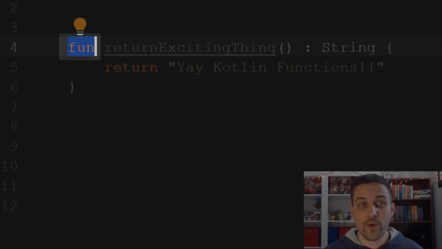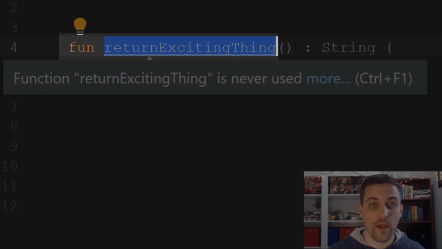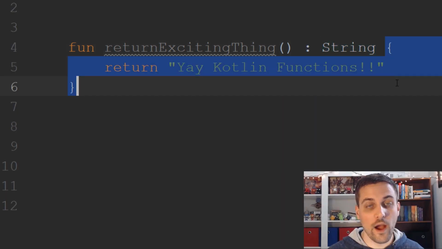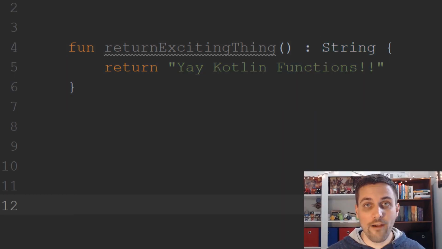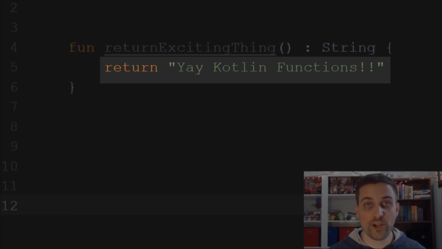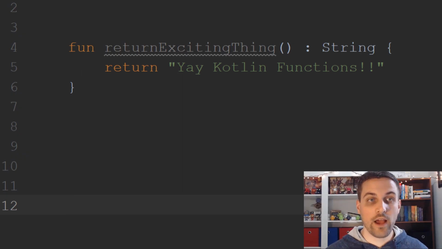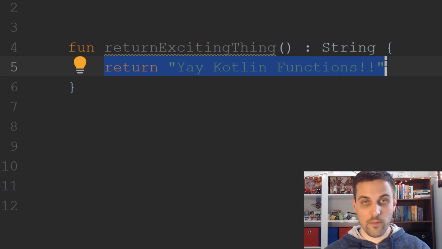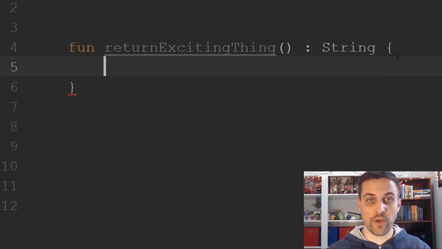We have our function keyword, we have the name, no parameters, and our return type. And then within our function body, we have really just this one expression. We're just always returning the same string literal. Well, in Kotlin, we can convert this into what's known as a single expression function by taking this function body,